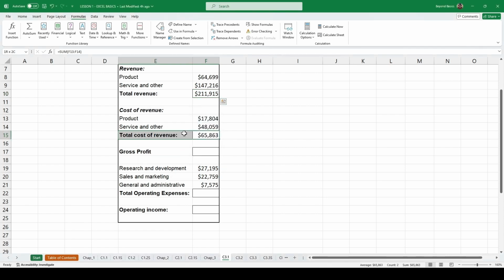We'll do the same for total cost of revenue, but this time we will use the keyboard shortcut Control Shift F3 and press Enter. All right, now let's calculate gross profit. Type an equal sign, and now start typing total revenue. And we can already see our named range here. So I'll select this and press Tab,